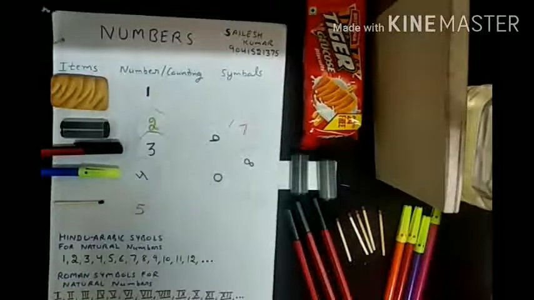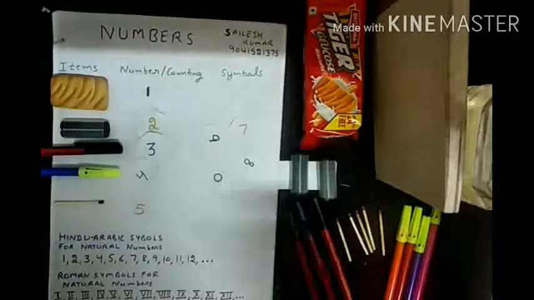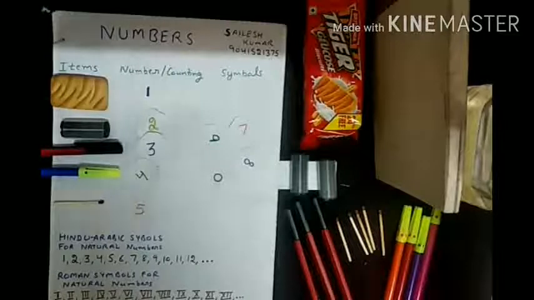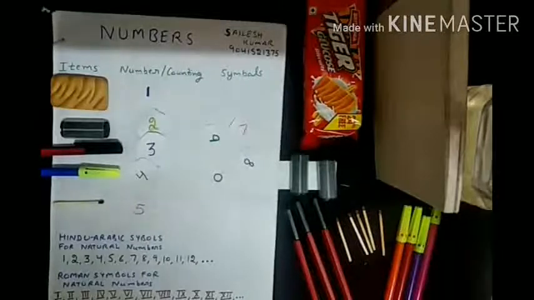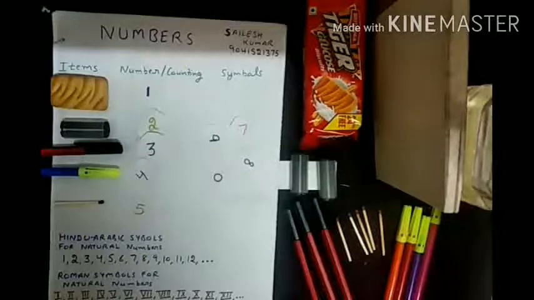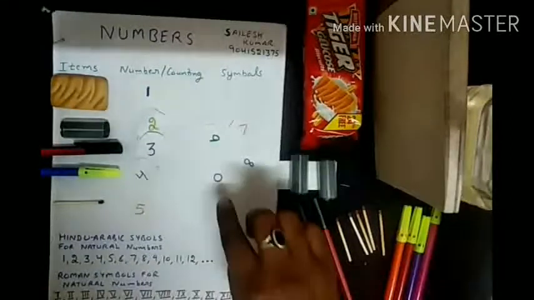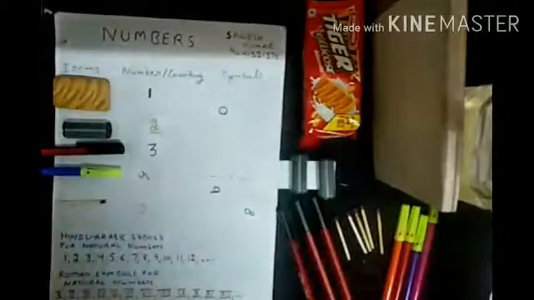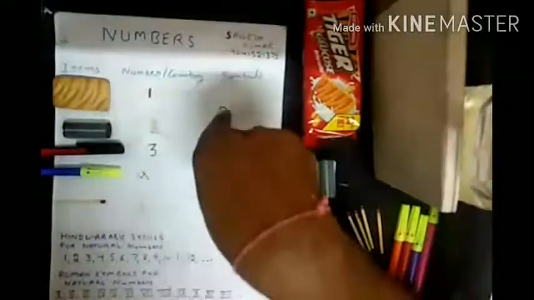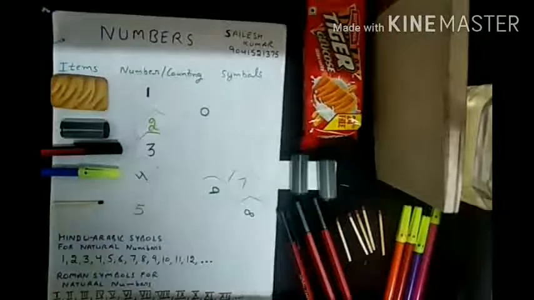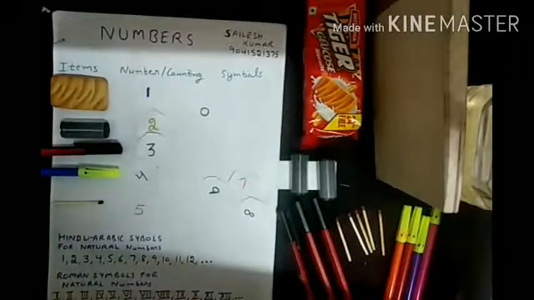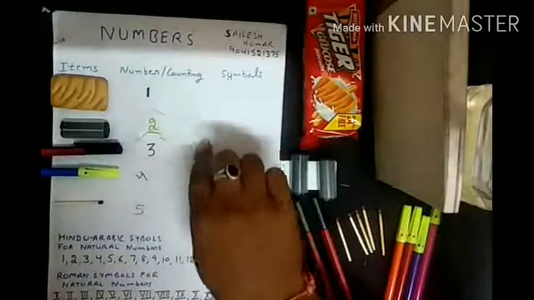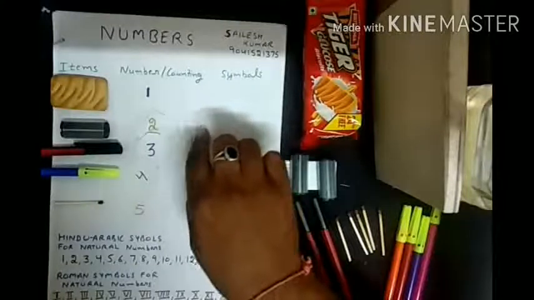Okay, now one thing, if I ask you a question that how many watches you are seeing there, or I ask you what is the symbol for the watch in this complete setup, then what will be your selection symbol? You know that you are not seeing any watch in this setup, so your symbol of selection will be this for the watch. Clear? Because you are seeing no watch, therefore you will select this symbol that is showing the absence of the watch. It means there is no watch, but for the symbol we will use this.